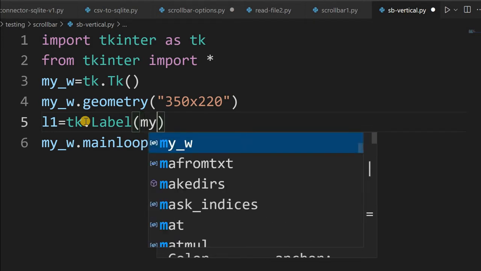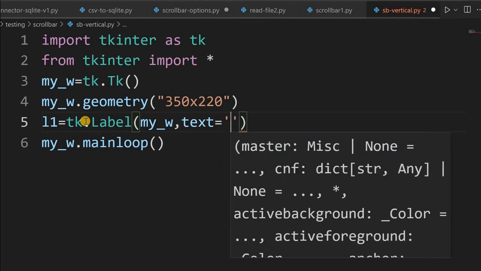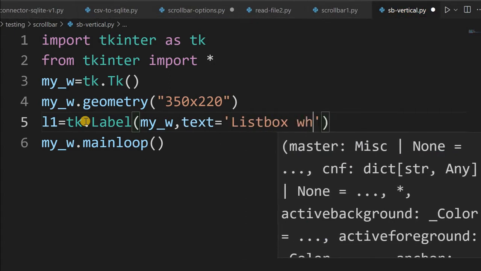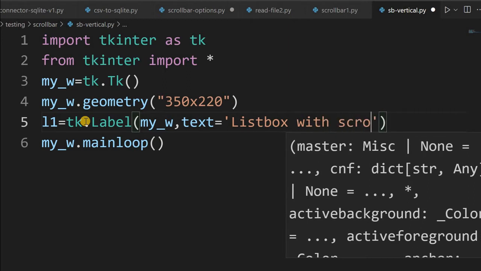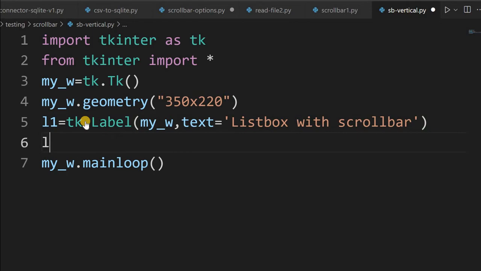Now it is in the parent window, so MyW, whatever you have declared. Let me write some text here: list box with scroll bar. Now I will place it in a grid.